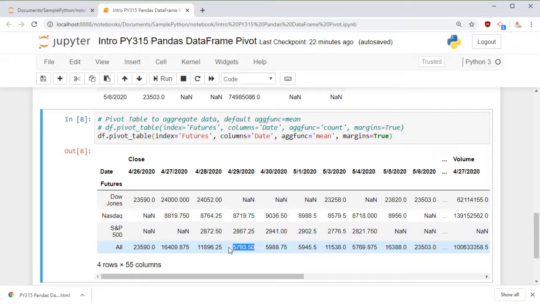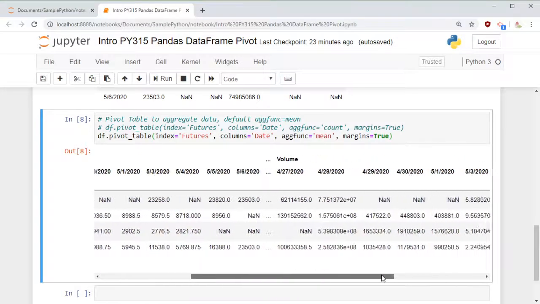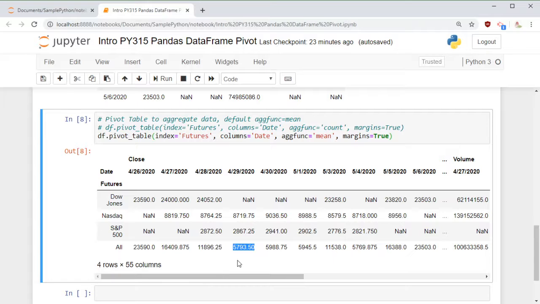So here we are doing an average aggregate function and I say margin equal to true. That means I want the cumulative value as well, and I have the futures as my rows and date as my column. And this is a pivot table, so I'm able to do aggregation. But still, this is not exactly what we want. We don't want to go into so much detail about what's happening each and every day. So why don't we add all the days cumulatively and pool them together?